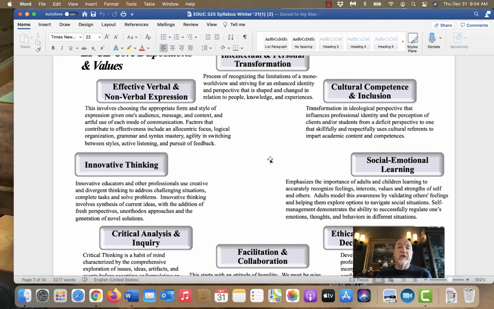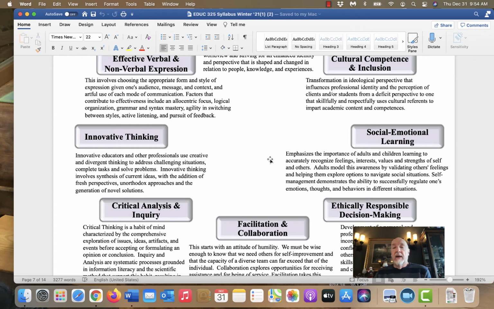And one of the dispositions, all of them are very, very important, and all of them are integrated throughout the course. But the one that I focus on immensely that you'll see is social emotional learning. I think as a teacher, you need to teach social emotional learning as readily as you teach the academic learning. It is just as important, and most of the time, the research has shown that when you have focused on social emotional learning and worked with kids in developing their social emotional